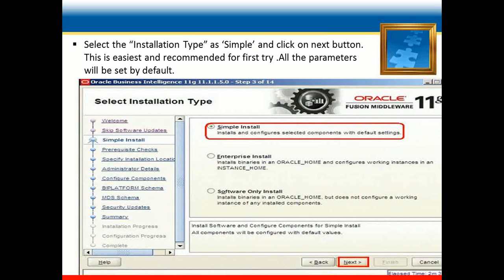Here they mention three types of installation. The first one is simple installation, the second is enterprise installation, and the third is software only installation. A simple installation installs the basic OBIEE system along with the WebLogic server using default values for things like domain name, port numbers, and other settings.